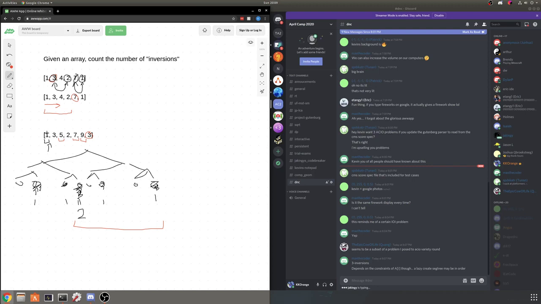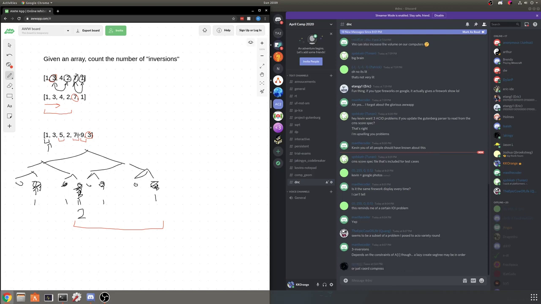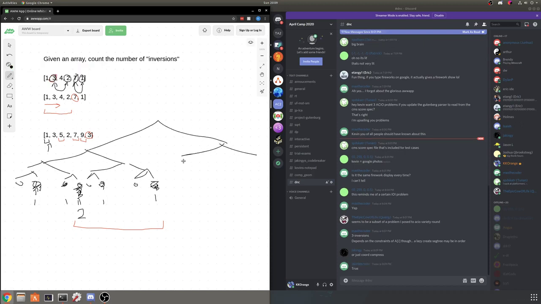If the numbers are in a relatively small range, then you can just build a normal range tree. By small I mean up to, let's say, 100,000. But if the numbers are getting really, really big, then you'll end up having to create a lazy range tree, because this tree might be really, really big. Or alternatively, you can compress the input into the range from 1 up to n, because all you care about is the relative